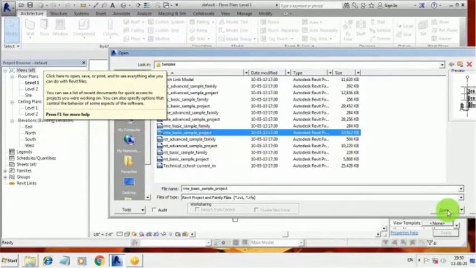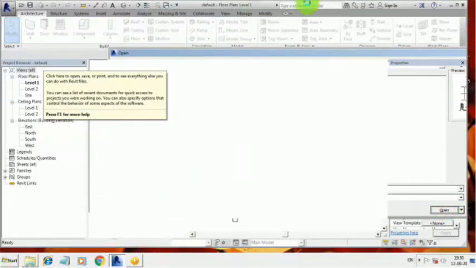So I'm now opening a sample residential building elevation.